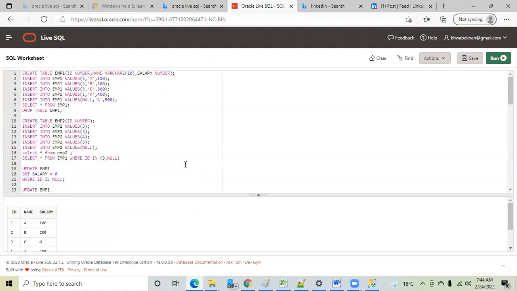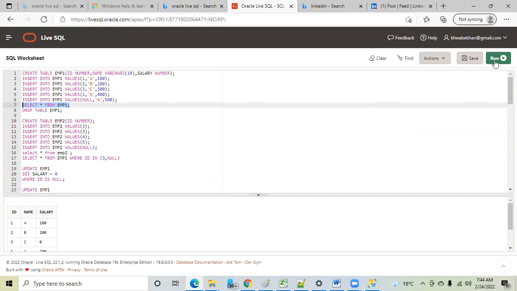Again, consider the same example of this employee, and we use intersect and not in. Why will you use intersect and not in? Intersect, first of all, will give you the IDs which are present in both the tables, but the one which is not present will be left out. Now you write a query for that.